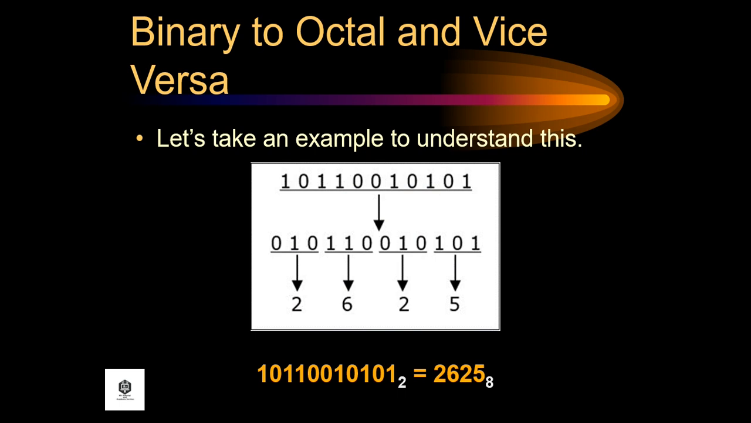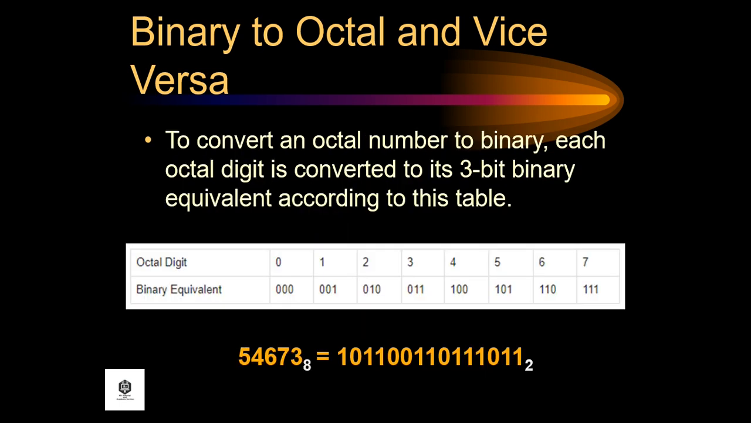0, 1, 0 is equivalent to 2. 1, 1, 0 is equivalent to 6. And 0, 1, 0 is equivalent to 2. So the corresponding octal value for the binary number 1, 0, 1, 1, 0, 0, 1, 0, 1, 0, 1 is 2625 in octal. To convert an octal number to binary, each octal digit is converted to its 3-bit binary